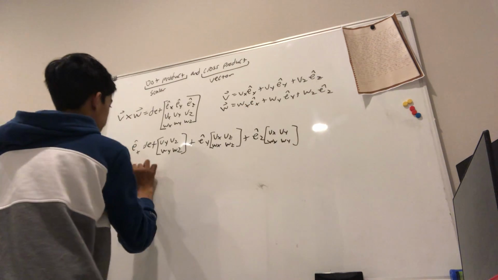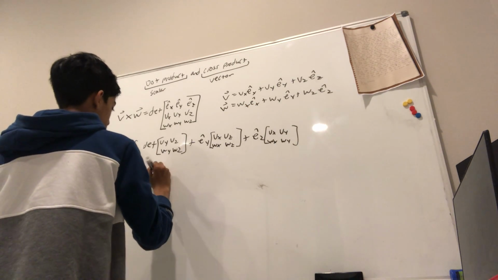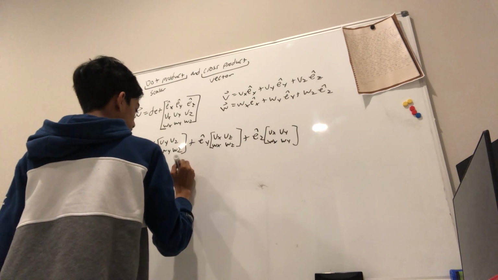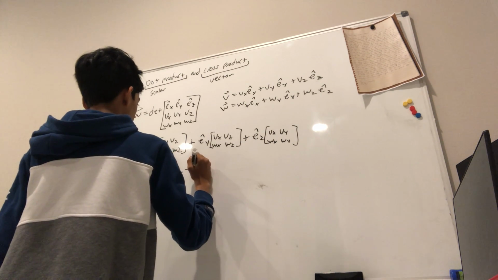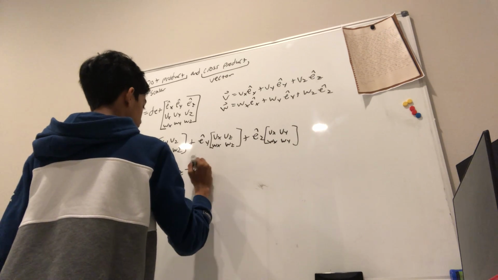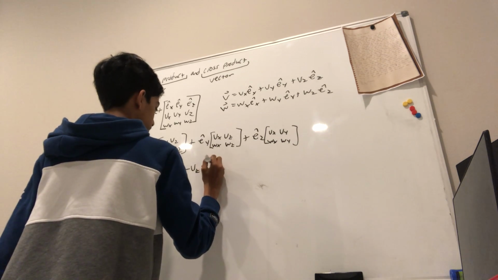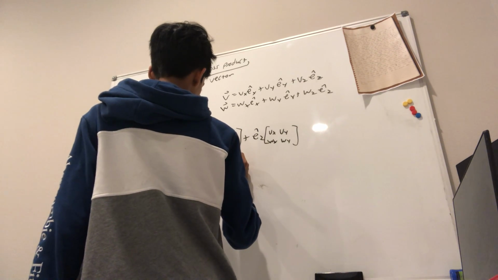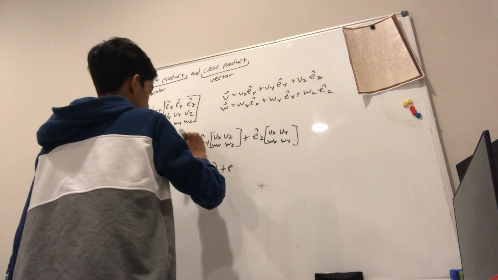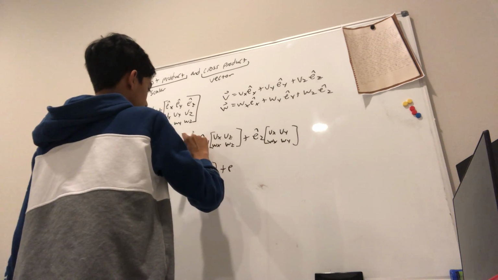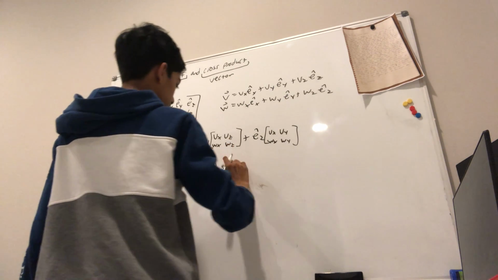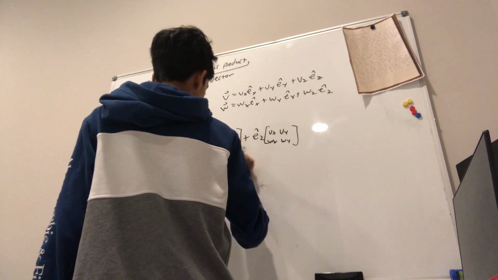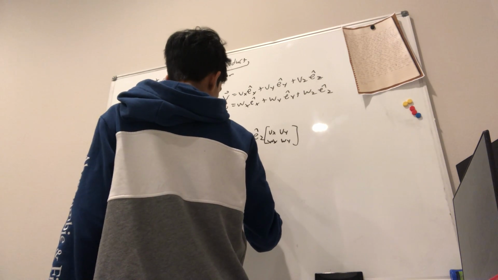And this all just results in e hat x times vy wz minus vz wy, plus e hat y, oh wait, no, this is a minus, I'm sorry. So minus e hat y times